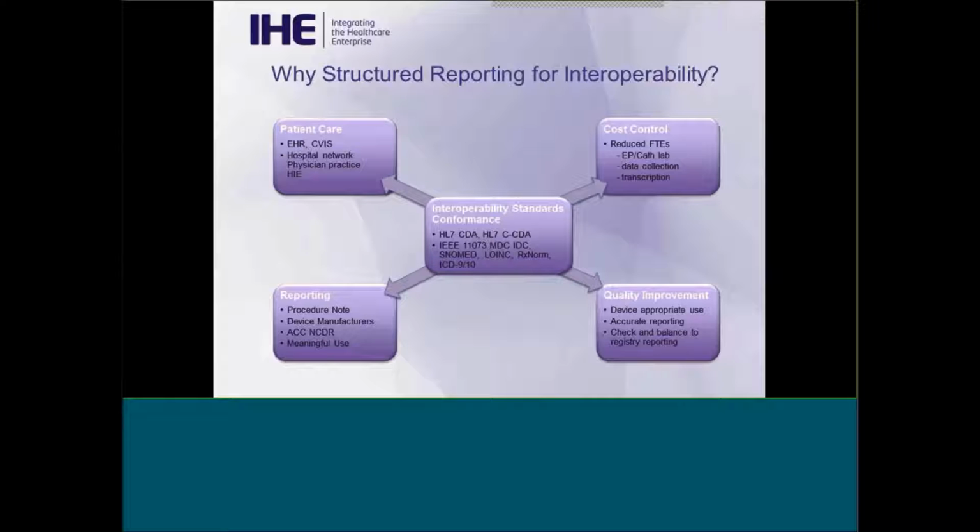And the fourth area is that we can also use it to assess the quality of care, to help identify where potential improvements may be considered in how we provide care. So the sharing of clinical information as structured reports is enabled for all these purposes through the use of interoperability